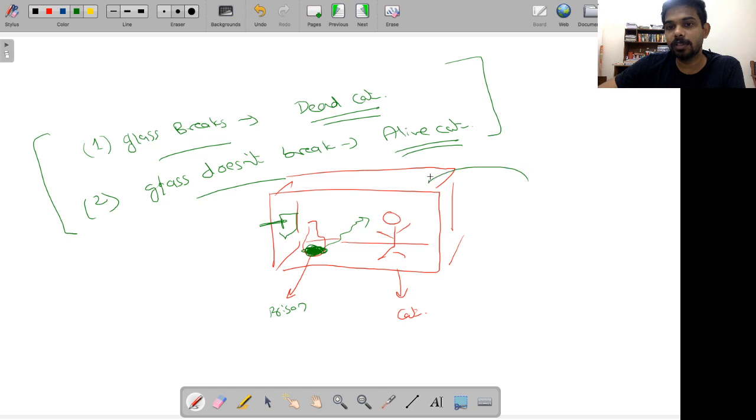And remember, this is happening inside a box, and as I told you, this is an opaque box. Opaque means something that is non-transparent, so that means I cannot see what exactly is happening inside the box. So I cannot say with 100% surety whether the cat is dead or alive. So at this point of time, before I open the box and actually find out what is really happening in the box, I see that the cat is neither dead nor alive.